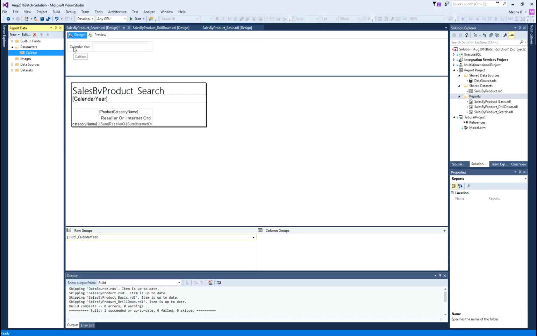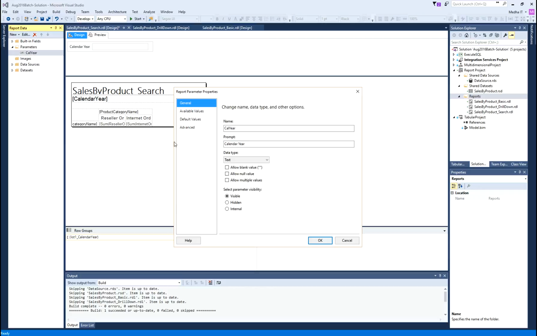This is the string it will show in the report to accept calendar year. And if you look at the other properties, the name of the property is calendar year, and the data type is text, allow blank, allow nulls, allow multiple values. Depending on our requirement, we can choose the appropriate option.